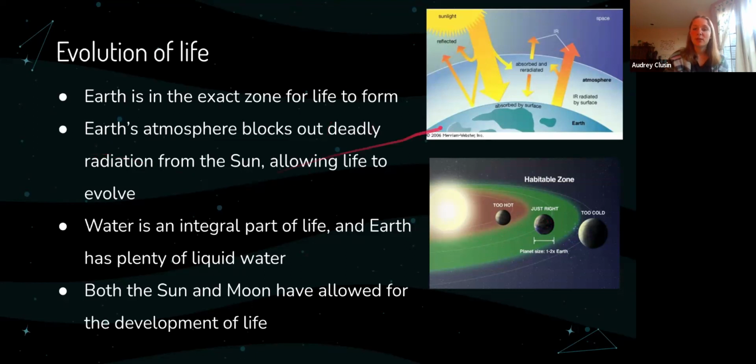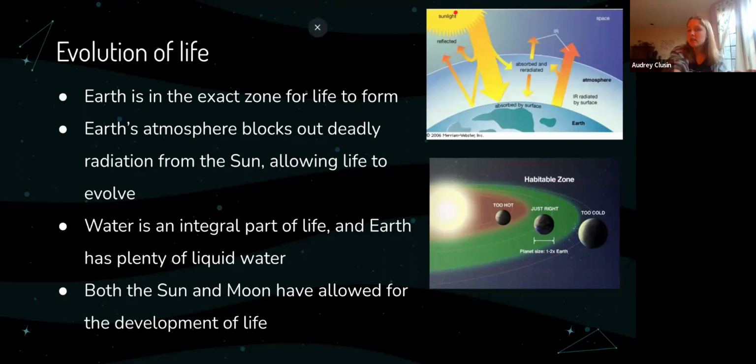Earth's atmosphere is also incredibly important. It blocks out deadly radiation from the sun. Like I was saying, the electromagnetic spectrum has a bunch of different levels of energy that it can be, and energy levels higher than visible light can be really dangerous to us.